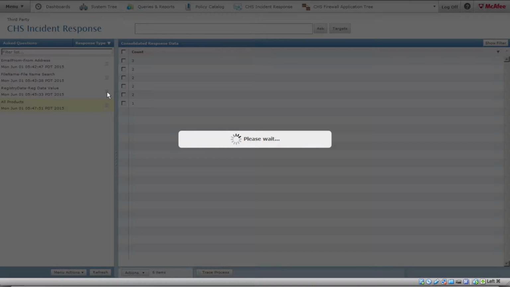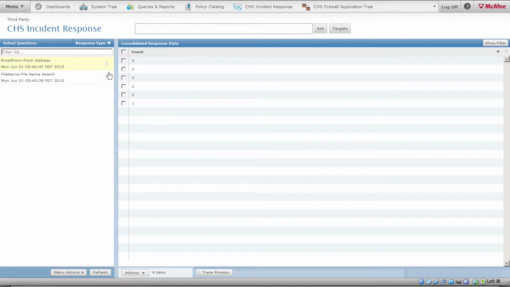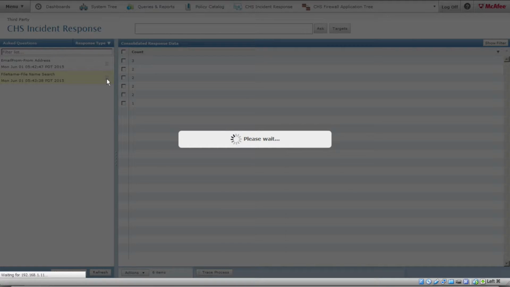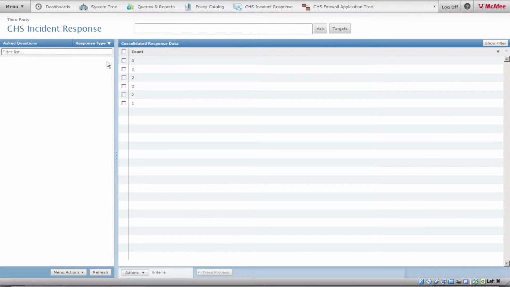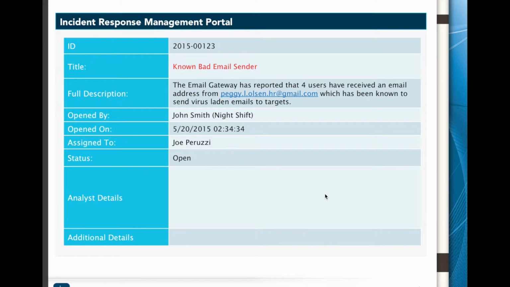And to recap, we got a report of a bad email address. We searched the enterprise to see who received that email. We found that multiple users had received the email. We found that the file contained in the attachment was bad, so we had to search and see who else had that file on their system. We found the file itself. We found registry values containing JavaScript, and we also found an old Adobe version, upgraded Adobe, as well as removed the file from the file system and made it clean again. So if we look at our next incident here,